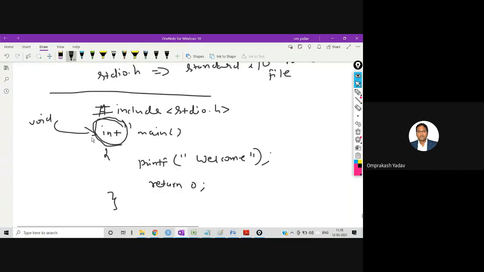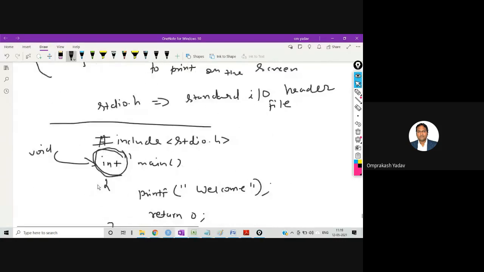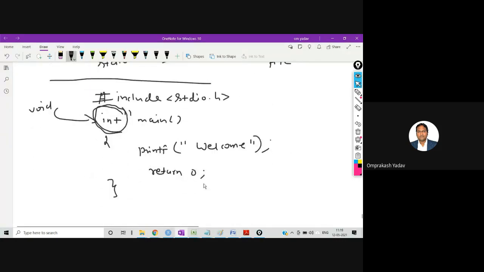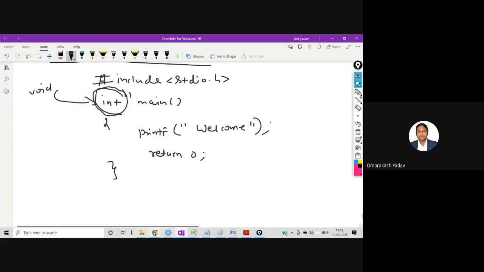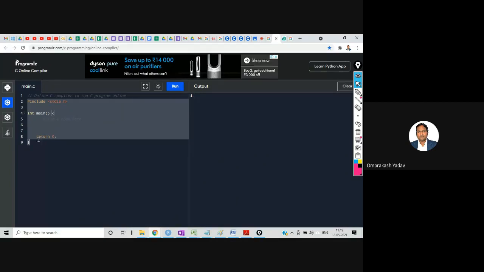So you can have void, you can have integers. A few compilers prefer the int main structure, and a few prefer the void main structure. If you're writing void main, don't write a return statement. If you're writing int main, then return a certain value at the end. For example, once you start this compiler, it's taking int main and returning 0 by itself, and this line is included, #include stdio.h. This is a header file, the standard input output header file.